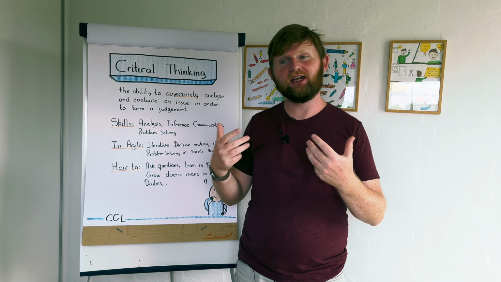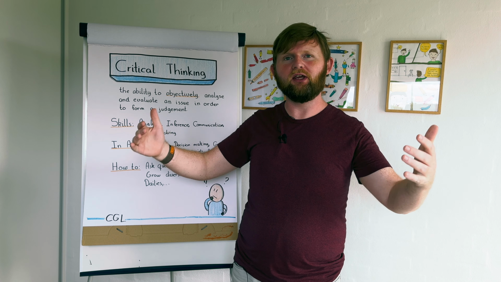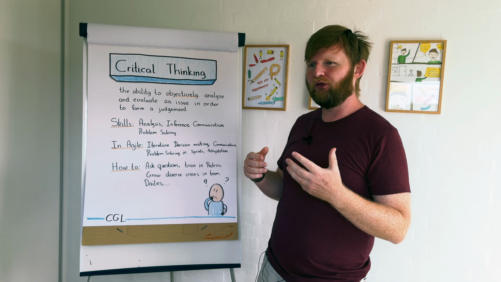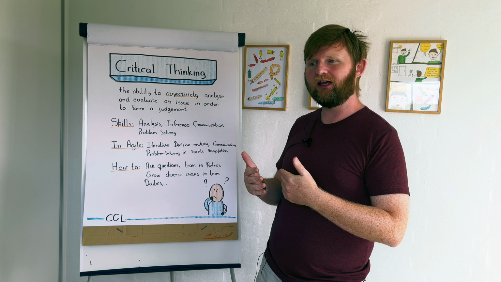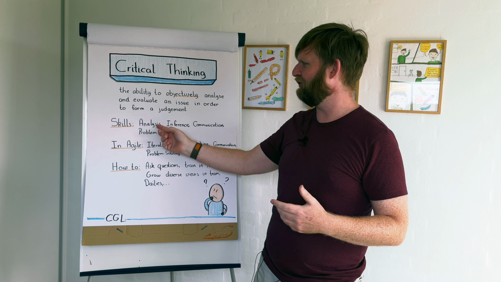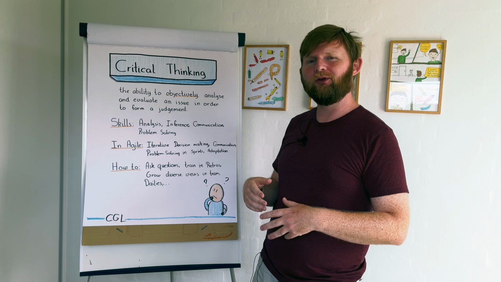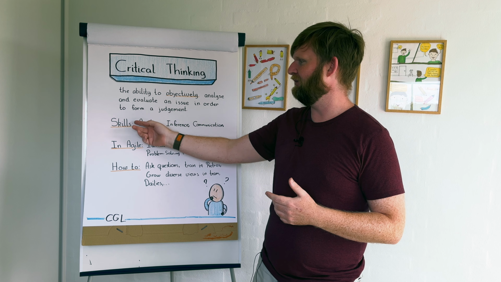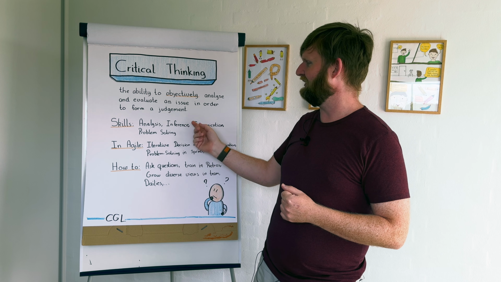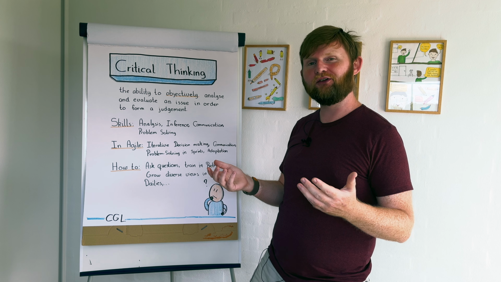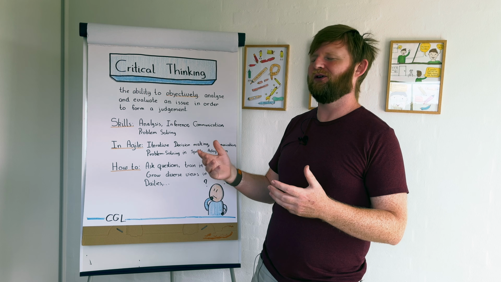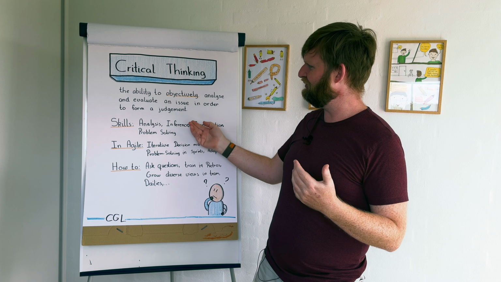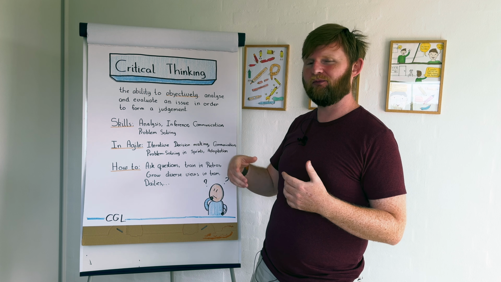So being able to take in data, take in the world, the environment, and then figure out what it is that we're seeing and trying to interpret it. And of course, analysis also requires us being able to observe what is going on, either through our eyes or through metrics. So some people also include observation as a skill. Inference, so with this skill, with this data that we have, what conclusion can we create from this data